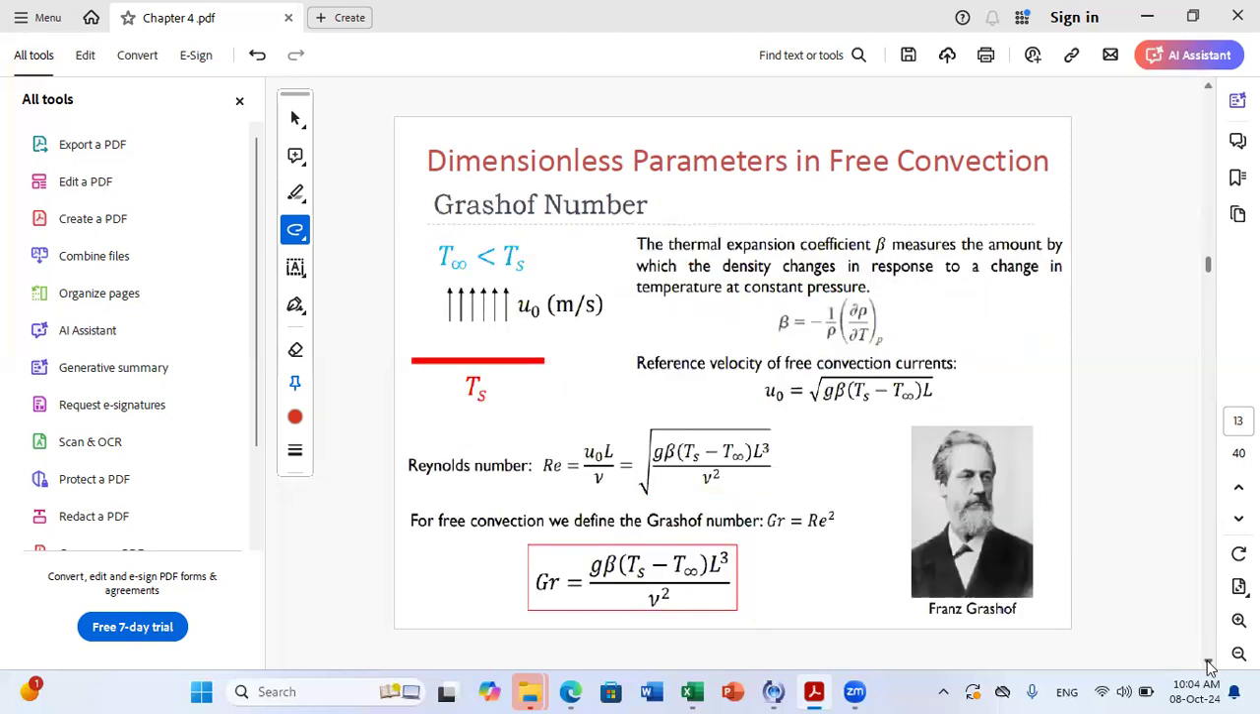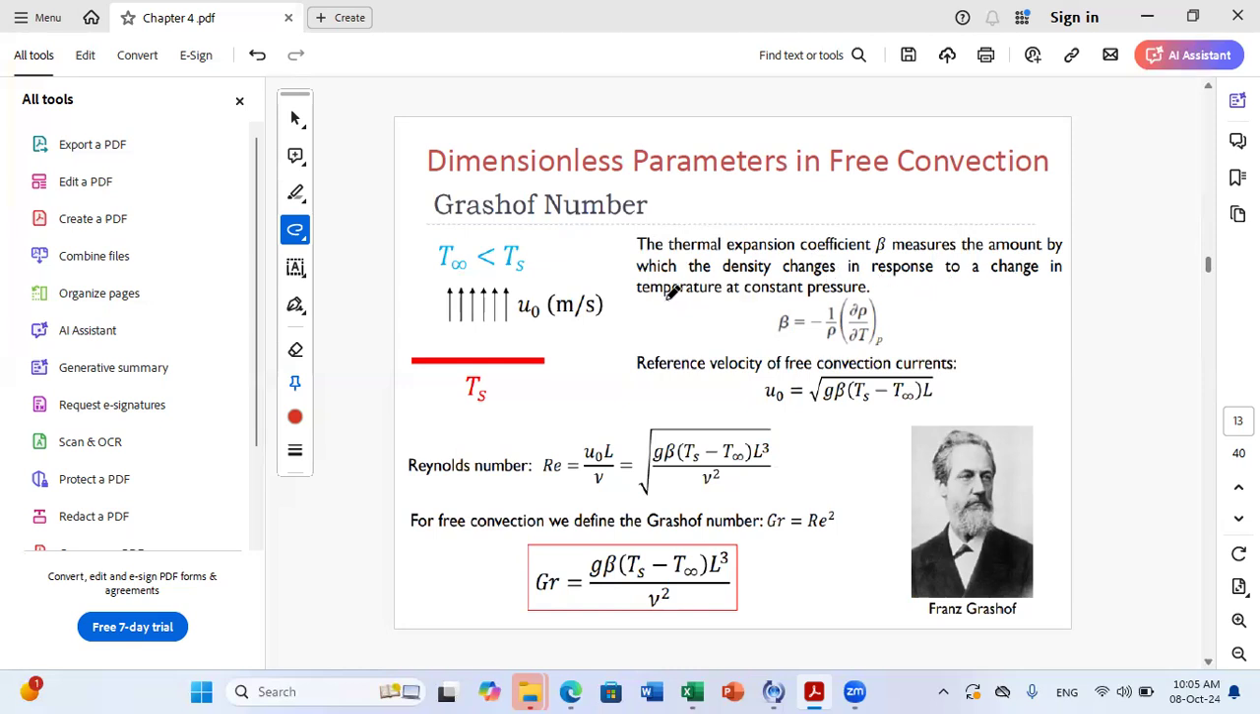Now, what are the dimensionless parameters in a free convection? First, we can define what we call the Grashof number. The Grashof number is related to buoyancy effects and temperature difference between the surface and the outer environment. So the thermal expansion coefficient beta is a measure of the amount by which the density changes in response to